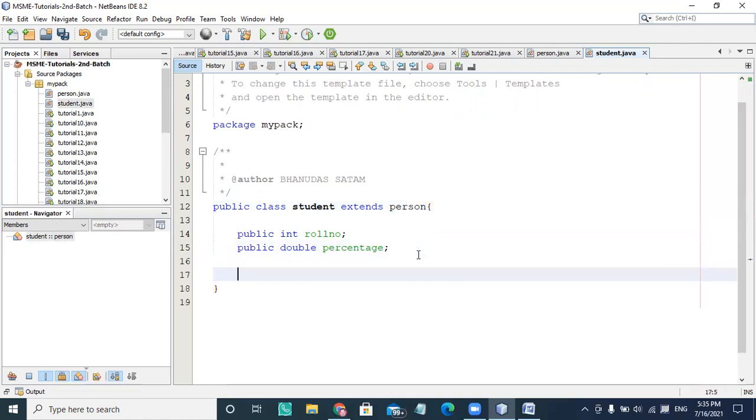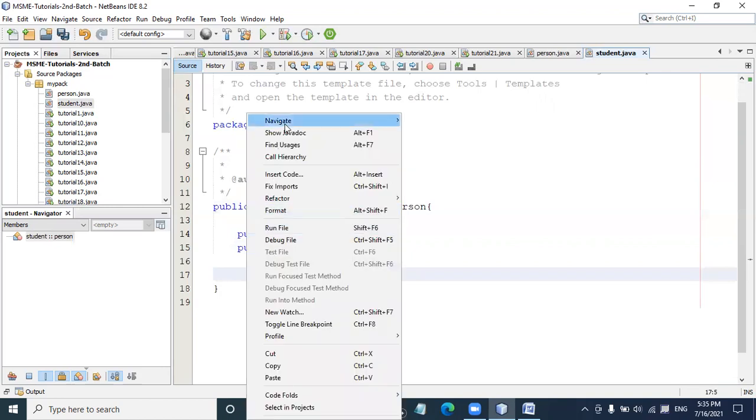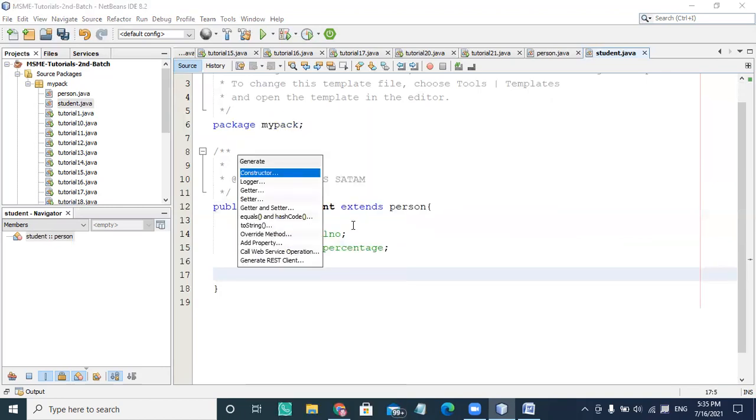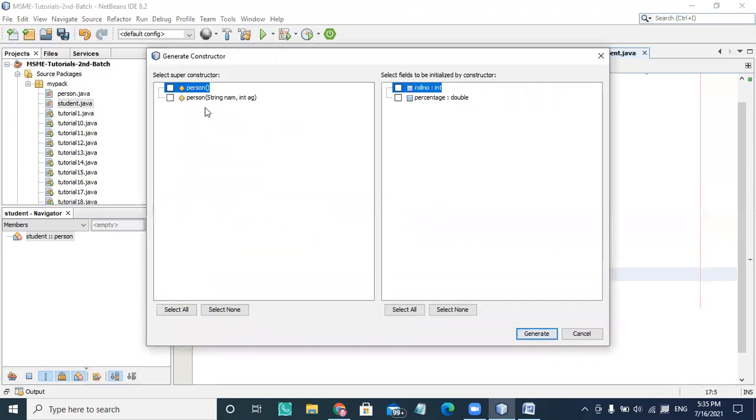Now I'm using public and trying to create a constructor here by using the insert code option. If I am using the constructor here, it says you can implement a constructor by choosing the options roll number and percentage, as well as you can call the base constructor by using super.